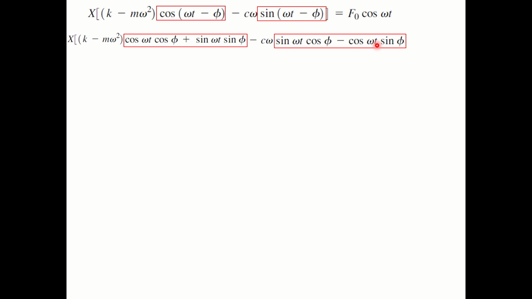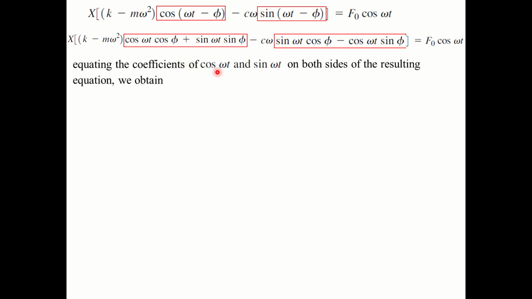This is b. So this is the simplified equation of sin(a minus b), that is sin a cos b minus cos a sin b. What is the equation for cos(a minus b)? Cos a cos b plus sin a sin b. Now we have the next term, F cos omega t, so we will keep it as it is. This is the simplified version of the equation which we got from the equation of motion. Now we will find out X.